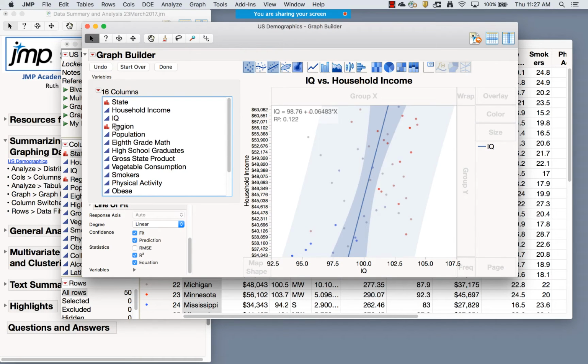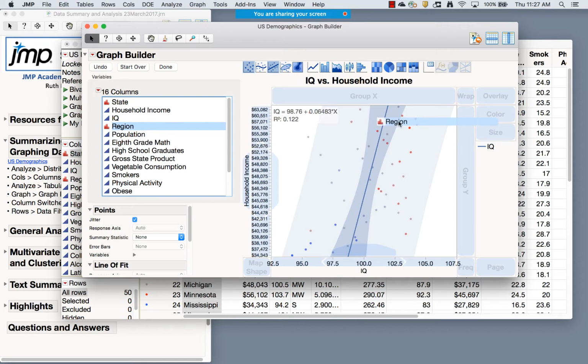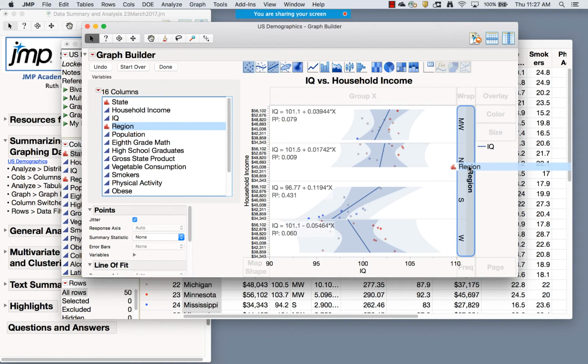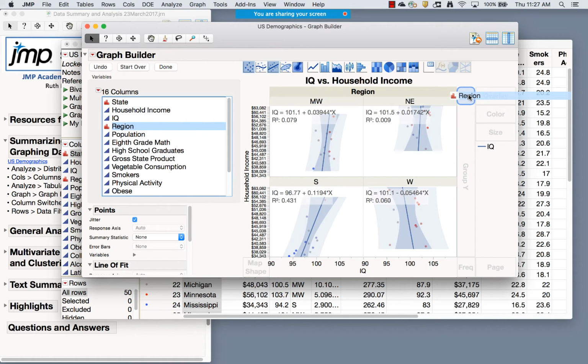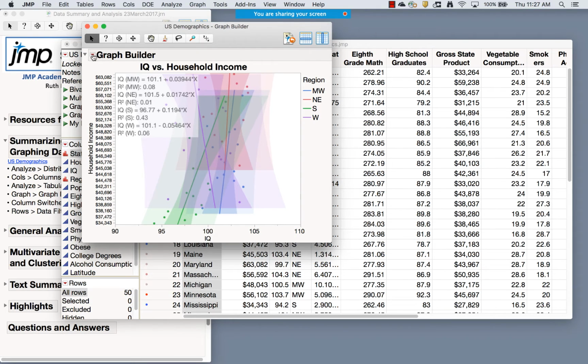And then I could look at splitting this out by region. So again, I have these drop zones. I can drag anywhere I want. So far I've just been using the X and Y, but if I pull region into group X, now I have a plot, a regression equation and plot for each of the 4 regions. Or if I drag this into group Y, again, I have the plot for the 4 regions. Or I can wrap and put the 4 regions in corners, or I can overlay and put them right on top of each other. This is really busy and I would not recommend this graph, but if this is what I want as my final graph, I then can click done, and again I have options from the red triangle,